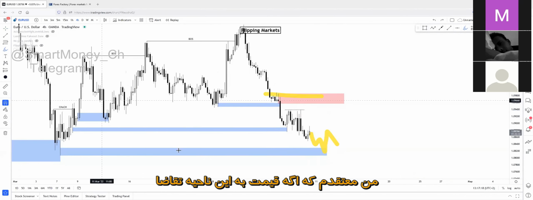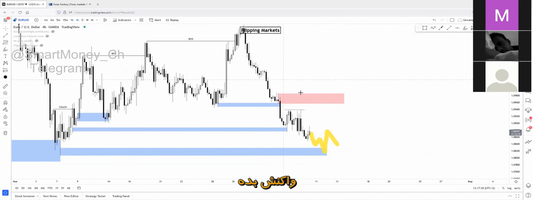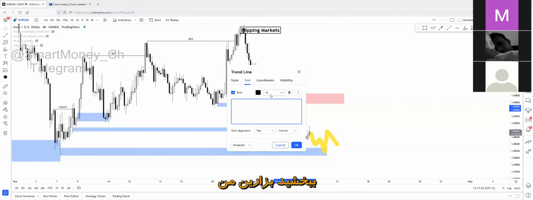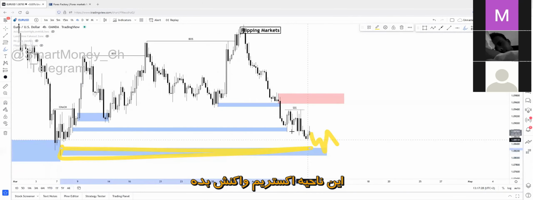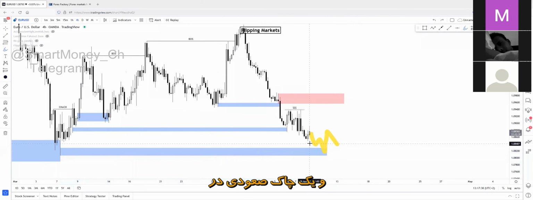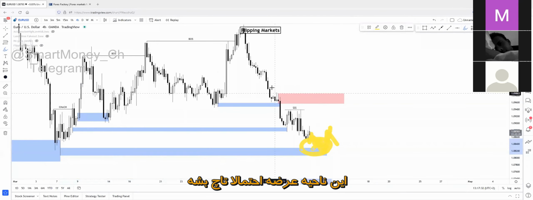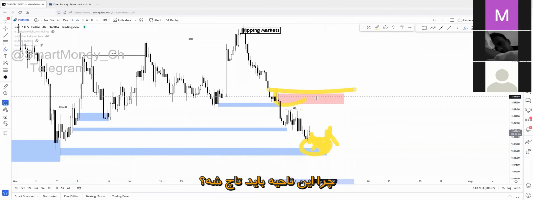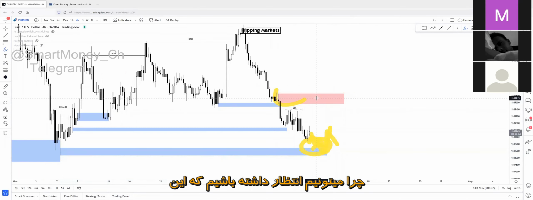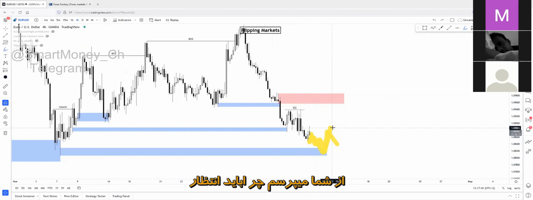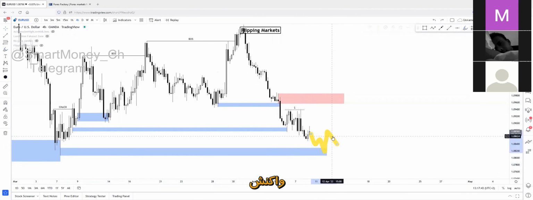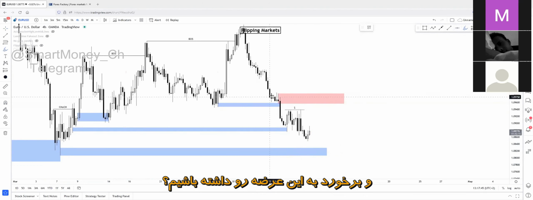So I believe if price reacts on this zone down here, sorry, let me just put my dollar signs. So if price reacts on this extreme origin of the movement zone and creates a change of character on the 15-minute chart right here at this region, this supply zone will be tapped. And why will it be tapped? Why can we expect a tap of this supply zone after the reaction on a change of character on this zone? I'm asking you, why can we expect a reaction and tap of this supply?